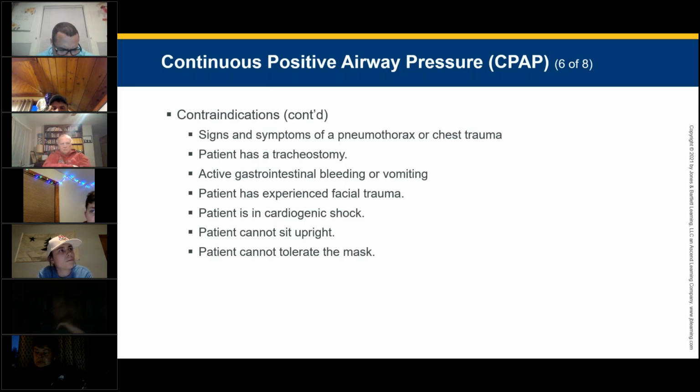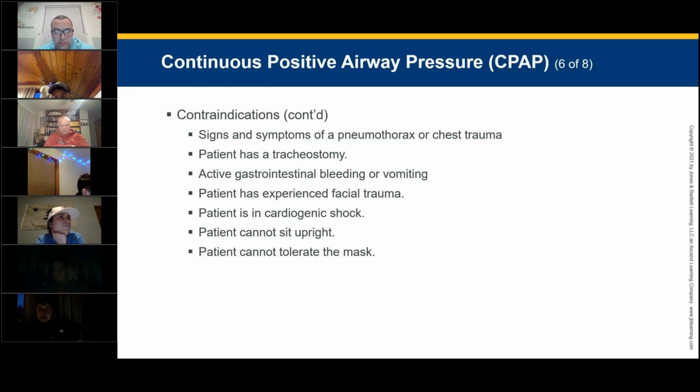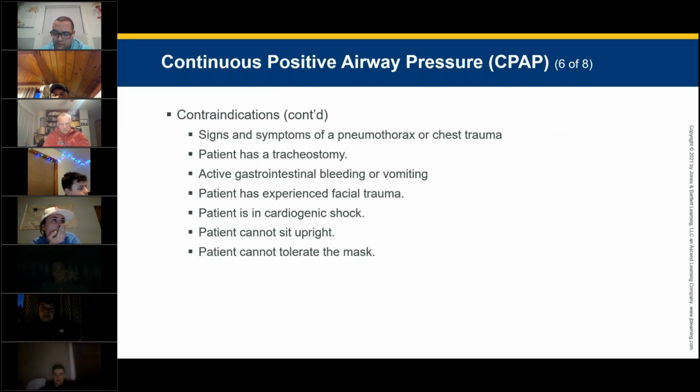A patient who has a tracheostomy, or the hole in their throat that they're breathing through, putting a mask on their face is just going to blow air out that hole. It's not going to do much good for them. Active gastrointestinal bleeding or vomiting. A patient that's experienced facial trauma. A patient that's in cardiogenic shock. A patient that cannot sit upright. A patient where the CPAP system mask and strap can't fit them properly. Or a patient that cannot tolerate the mask. So when they say they can't tolerate the mask,